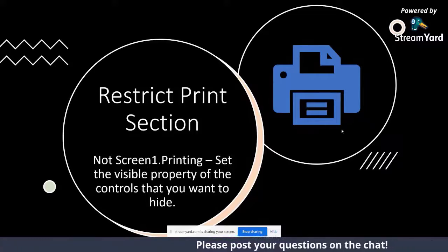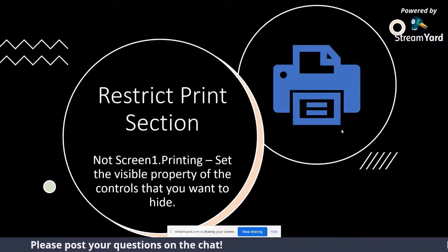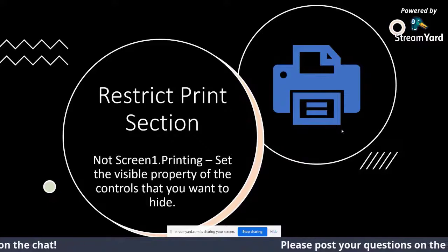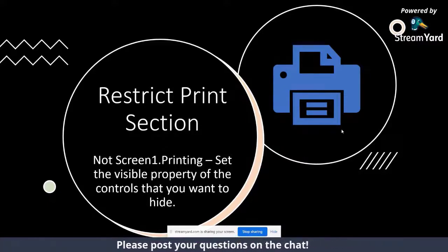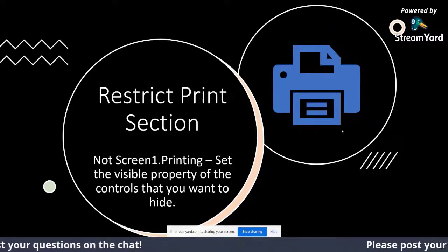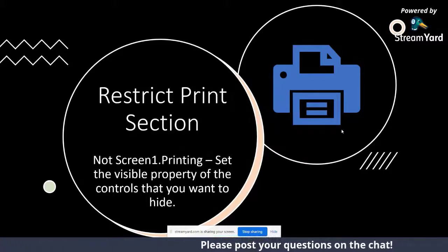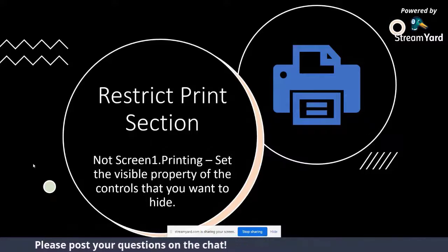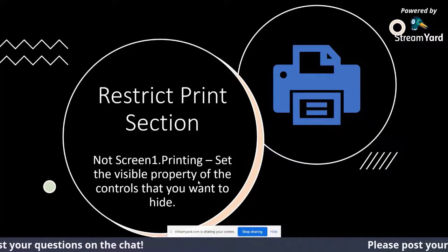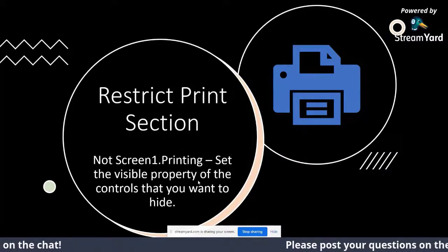We can specify that, and we can add this expression in the Visible property of controls which we want to hide. And again, this can be combined with other expressions as well. So if I want to show or hide a control based on some toggle button, or some other input, then I can do that, and along with it I can just add an And condition and specify the expression that hides this control when my screen is getting printed.